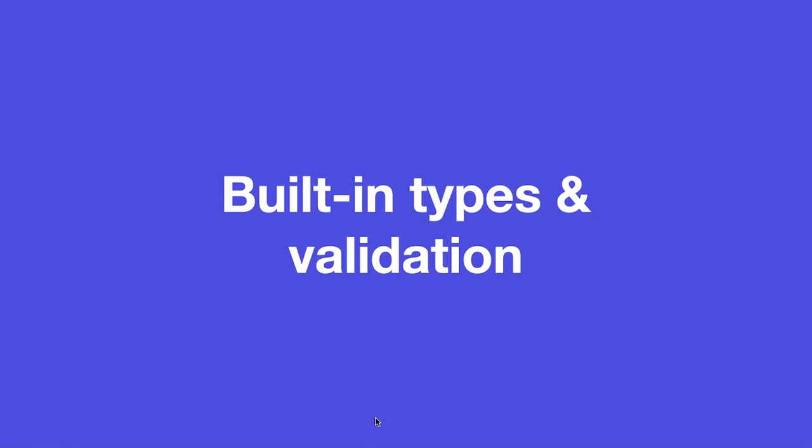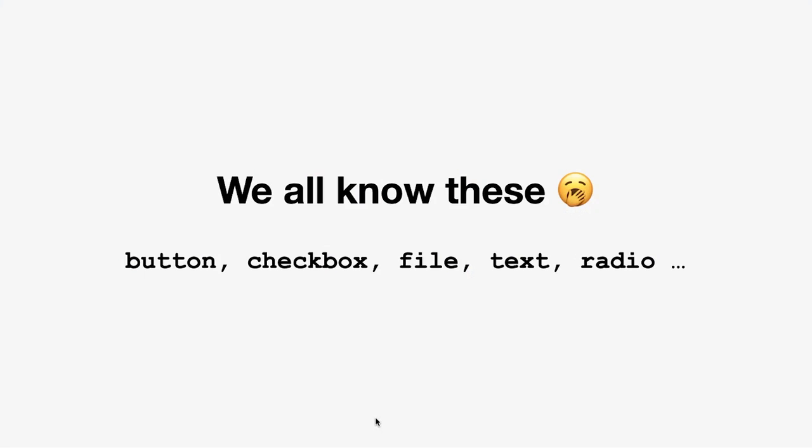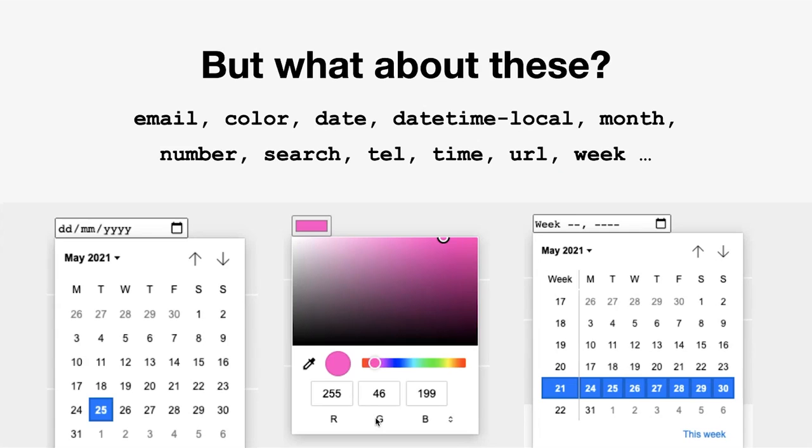So HTML is a fluid thing, and it has a tendency to change all the time. It's regularly updated. There's new concepts introduced. And in my experience, it's quite common for people, including myself, to fall out of touch with some subtle new thing they've introduced that you can start using. So I'm just going to recap a few of those and where we're currently at, because it often surprises people. So hopefully you already know buttons and checkboxes and file uploads and text and radio and all that stuff. That's kind of boring, and I'm going to assume everyone here knows that. But there are a few you may not be familiar with.